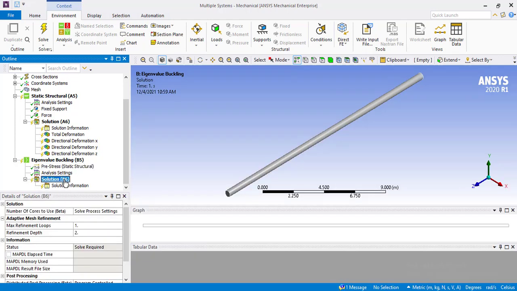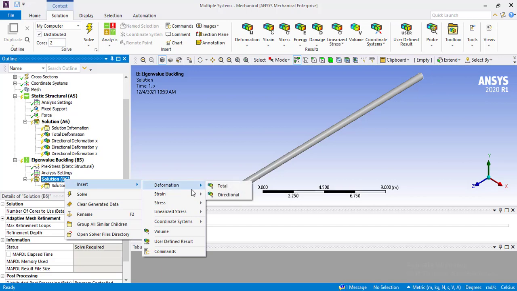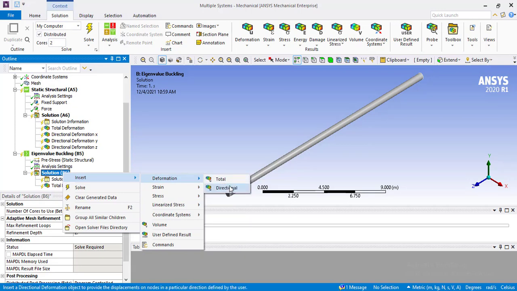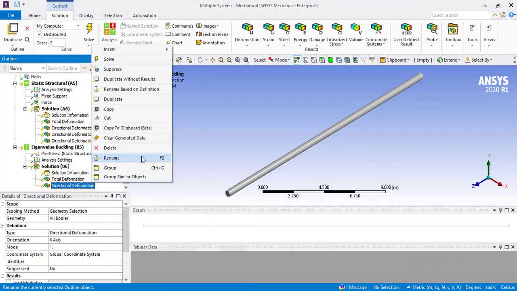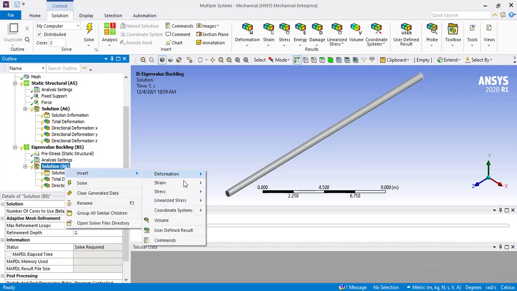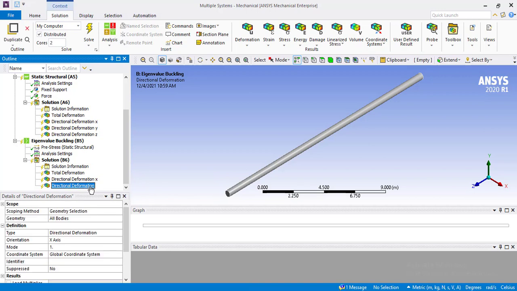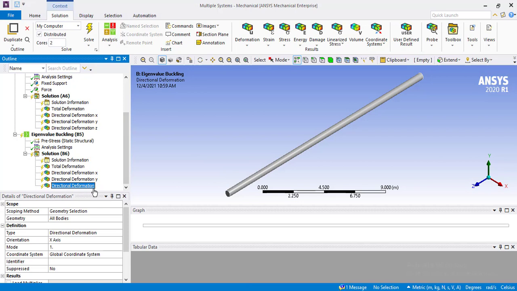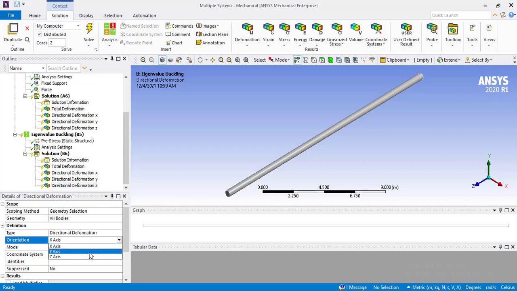We just have to add the required results for buckling, which are total deformation, deformation along direction, which is X, deformation along direction Y, and deformation along direction Z. And now we will change its axis from this orientation tab.